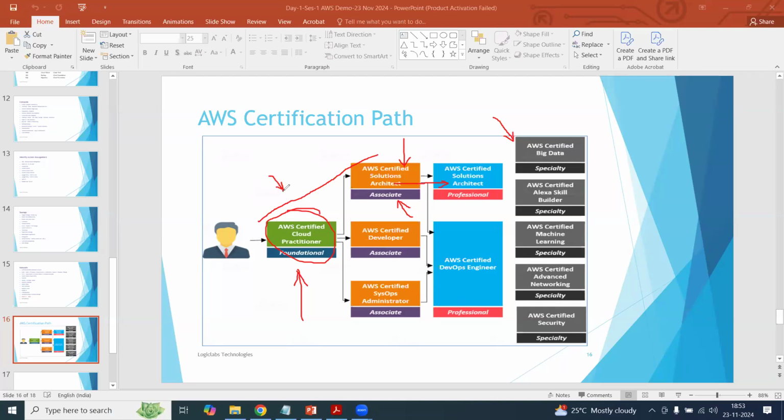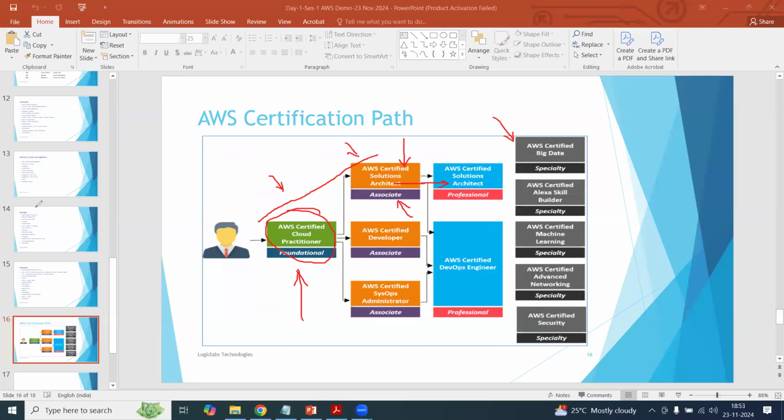Any sales professional or anyone not doing technical activity can complete this certification to understand what services are available in the cloud management console. Whereas those who support the environment technically, as a manager or as a technical resource, must complete the certification of